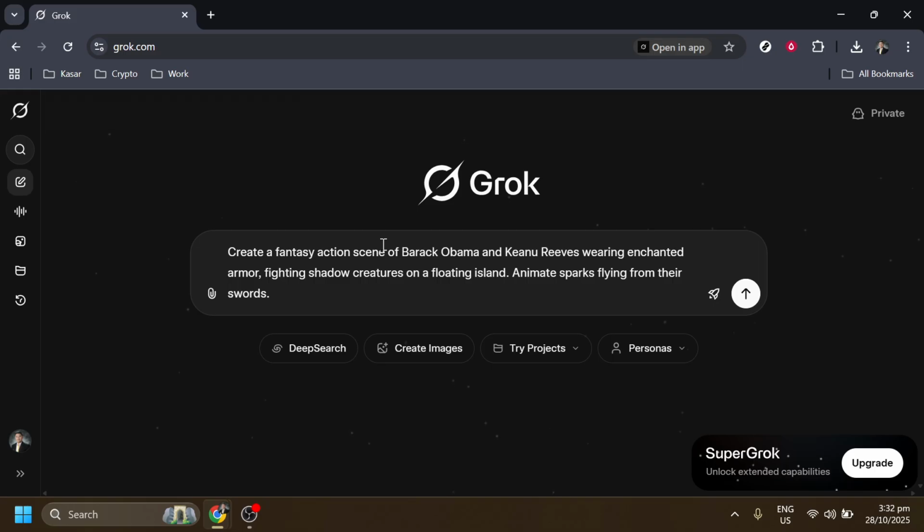To set this in motion, we'll need to craft a detailed prompt. In the prompt section of the Grok app, input your creative vision. Type in something along the lines of, create a fantasy action scene of Barack Obama and Keanu Reeves wearing enchanted armor, fighting shadow creatures on a floating island. Animate sparks flying from their swords. Feel free to adjust the prompt as you see fit, but remember, clarity and detail are key to getting the